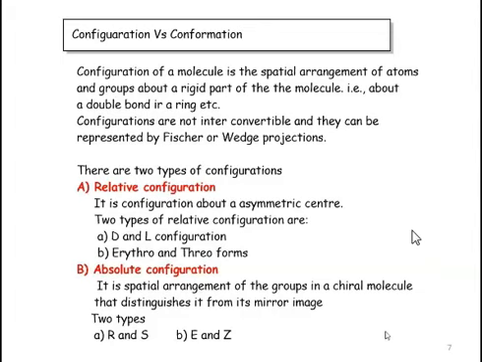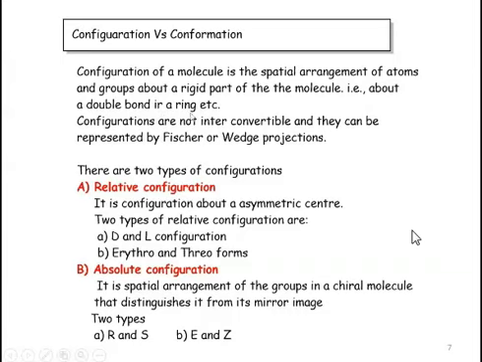Configuration of a molecule is the spatial arrangement of atoms and groups about a rigid part of the molecule. And which rigid part is usually taken into consideration during configuration study? It is about the double bond or